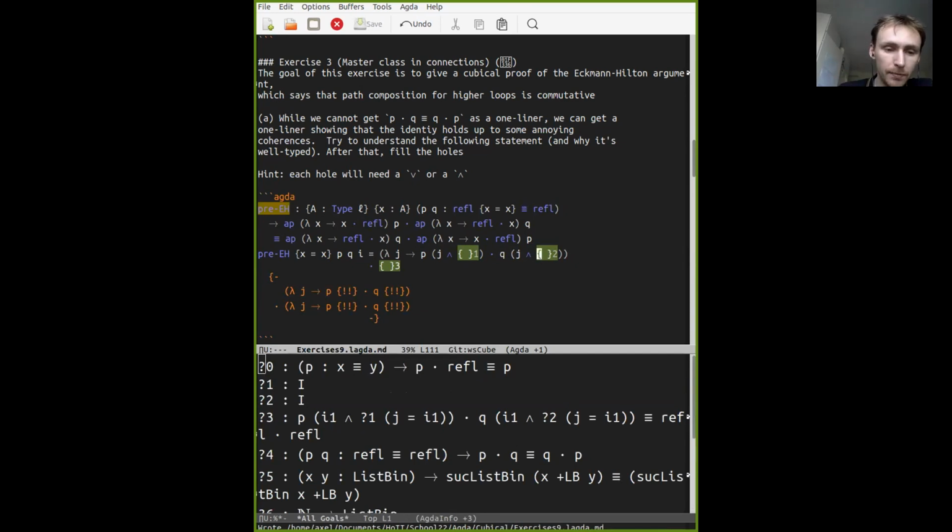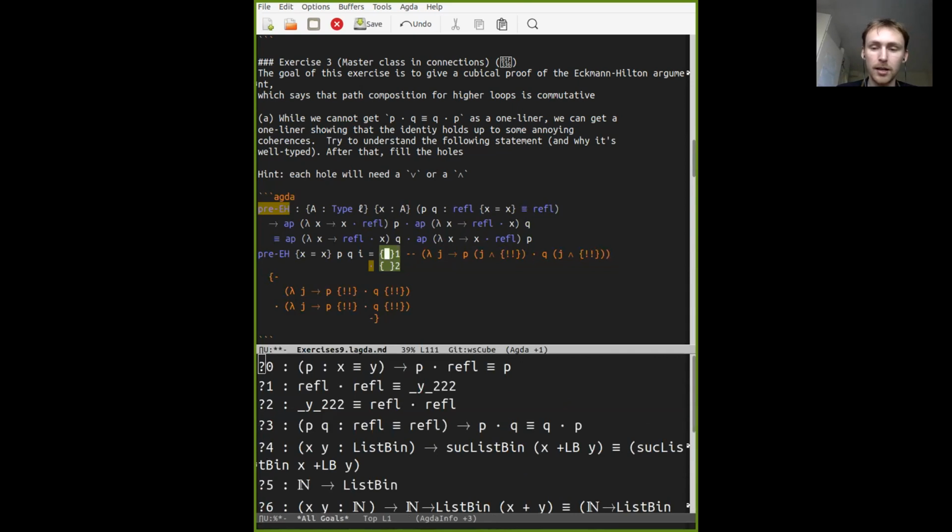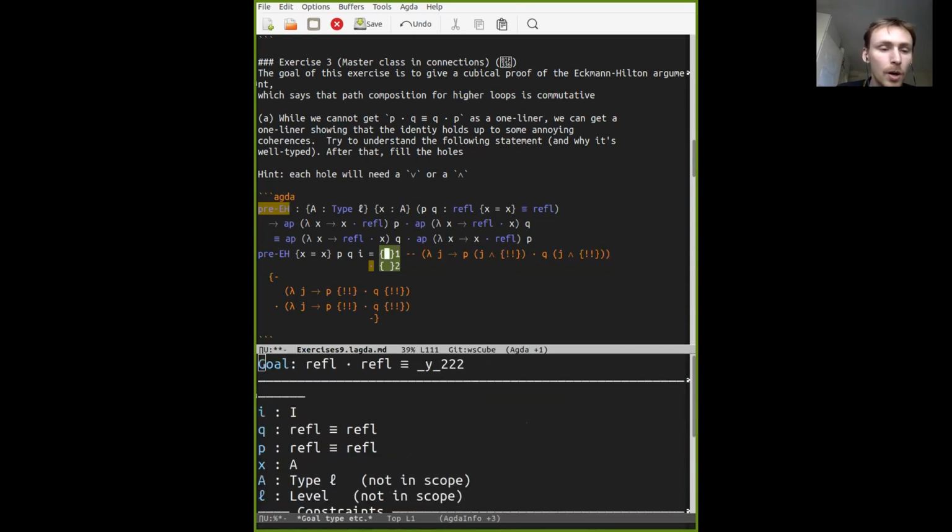Okay, so what can we put in here? Let's think about it for a bit. So either it has to be i, or it has to be the inversion of i, right? Why when j is 0? Because the boundary here, when j is 0, so if we just spell this out here,